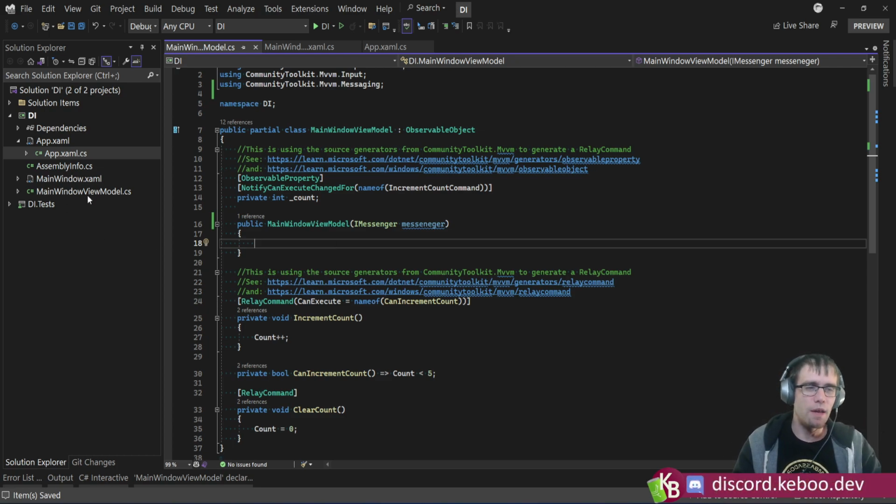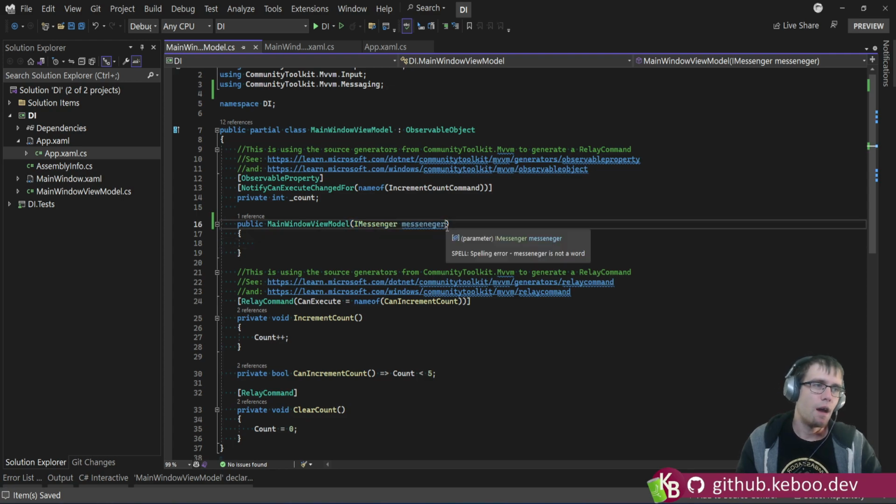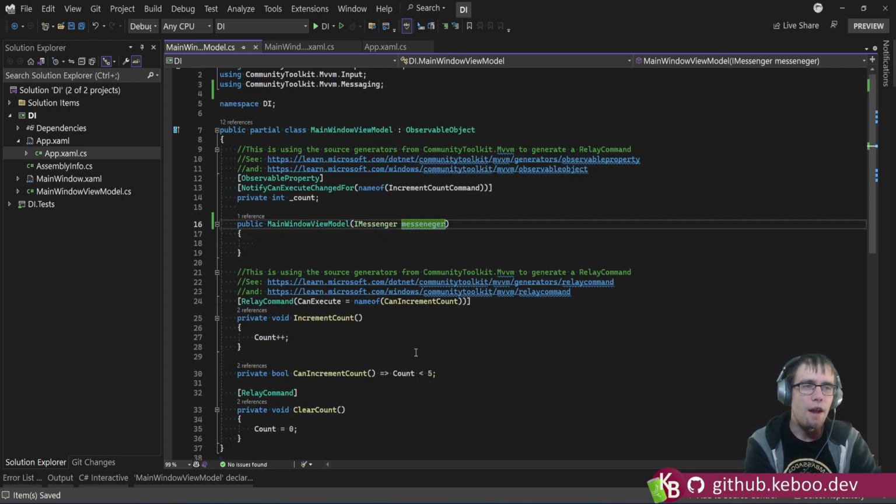Oftentimes what ends up happening, especially with view models or similar that live for a long time, is this list of constructor parameters gets big. And often what I prefer to use is a factory pattern rather than directly instantiating. So for example,